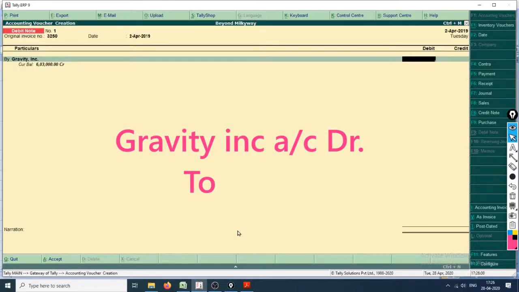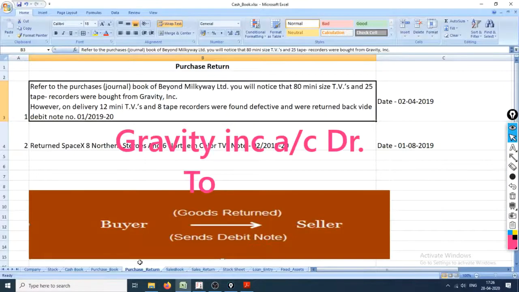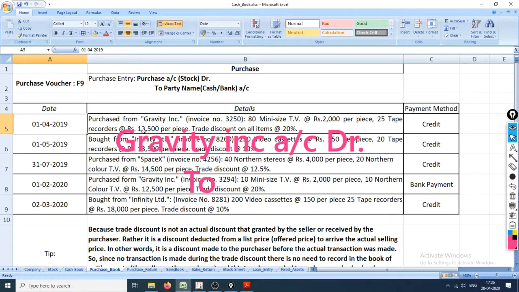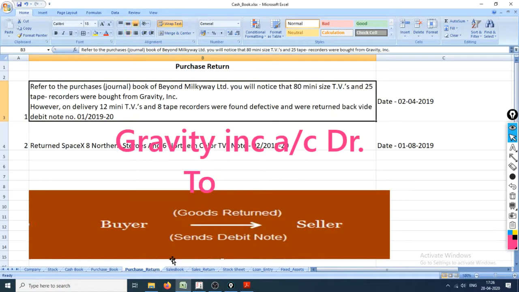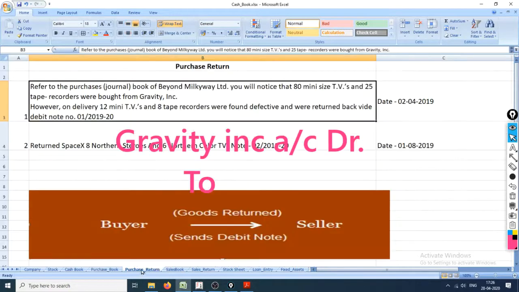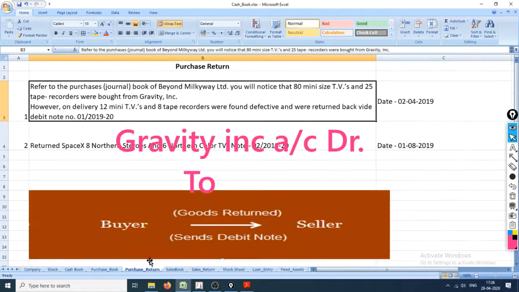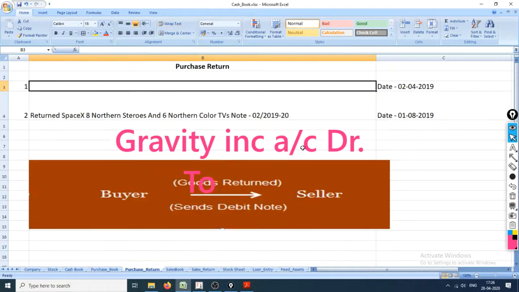Does Tally not calculate it automatically? I don't know. 12 into 2000, 24,000, and the other one is 8 tape recorders purchased at 12,500 per piece. Oops, but there was a discount also, hence this is not the original amount. Now let's see what we can do about it. Okay, let me remove this first.